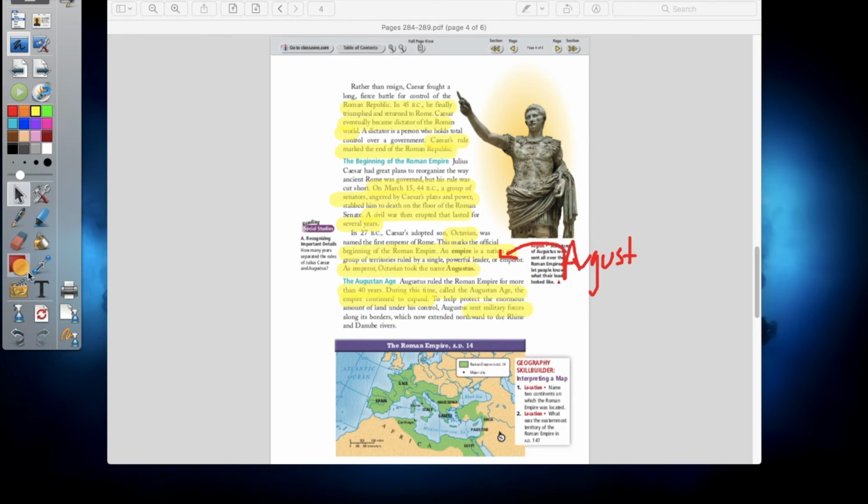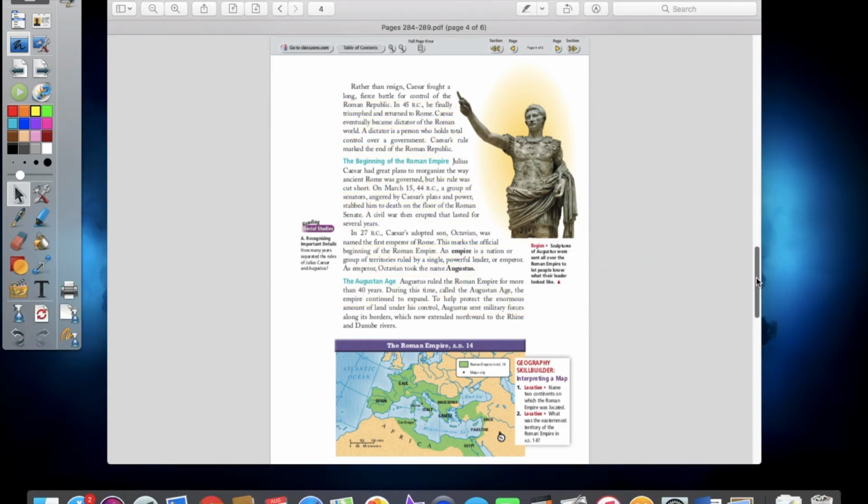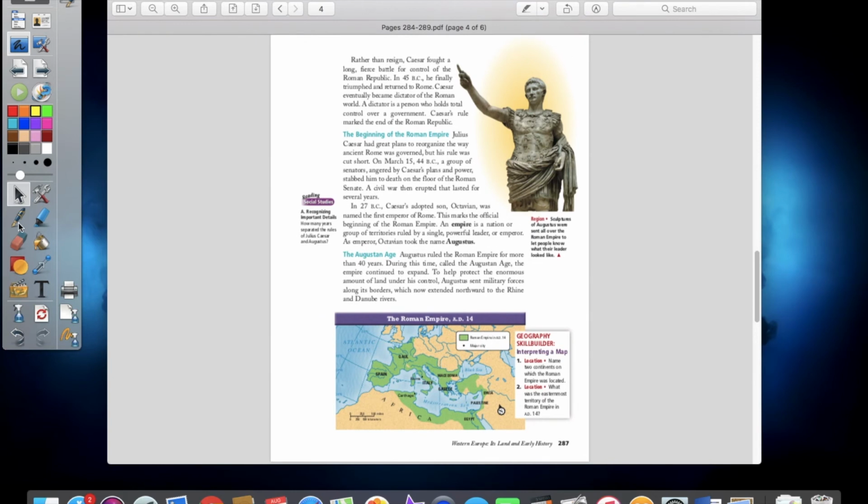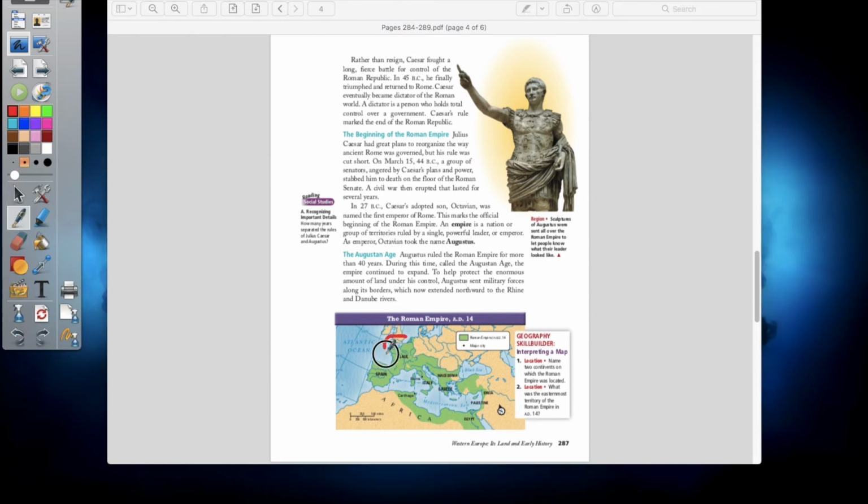So now, as you can see here on the bottom of the page, Rome is now a massive empire that's pretty much conquering the entirety of the Mediterranean, not just Rome. So now they control all of modern day France, all of modern day Spain. They control all of North Africa as well as Egypt at that time period. They control the Middle East. They control Greece and the Balkan Peninsula. They control Italy as well. They control pretty much the entire region.